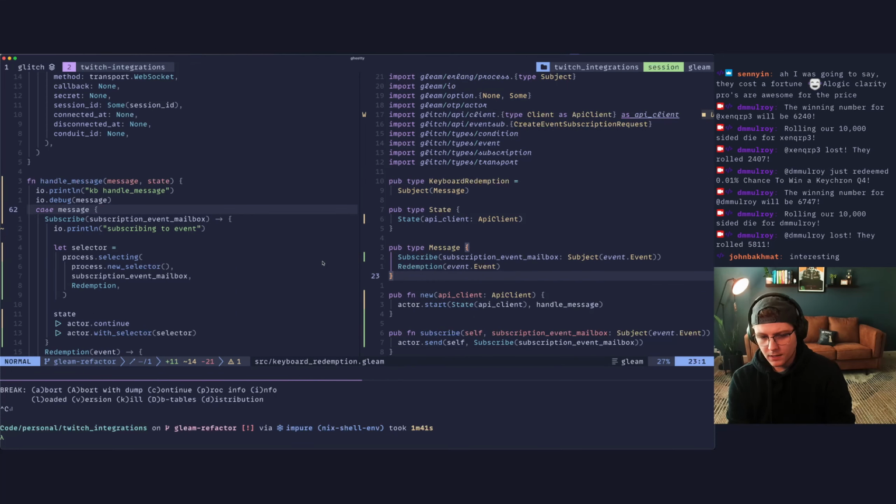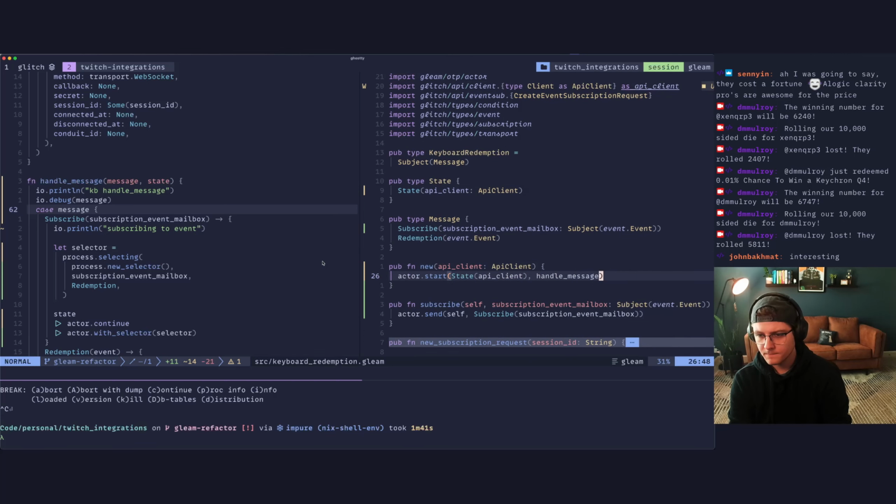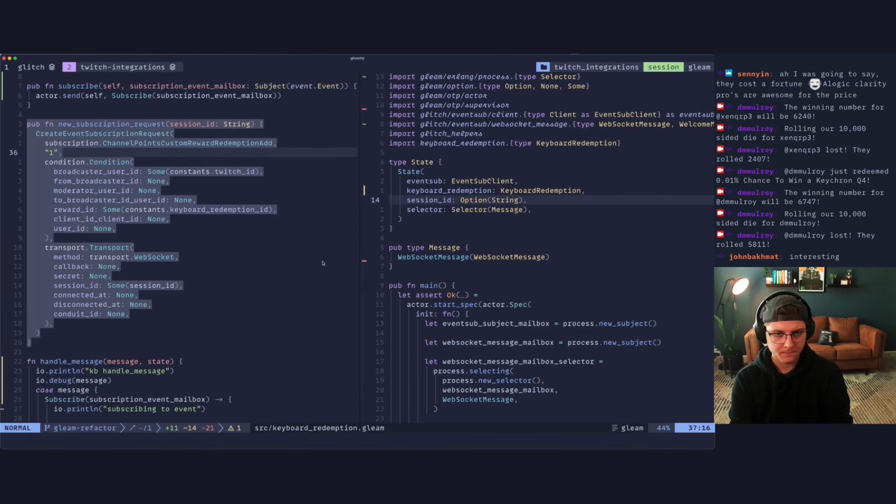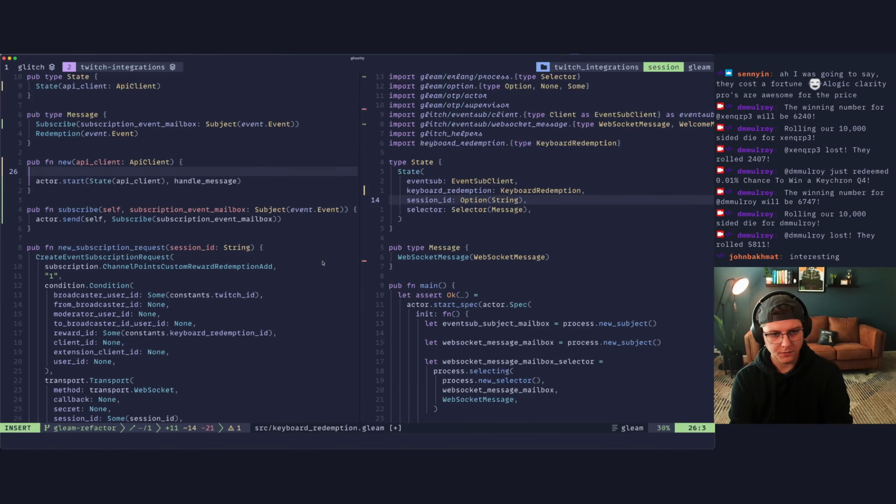What do we want to use as reference here? Let's rotate, close that. Up here at new, this is going to be actor.startSpec instead. We'll do actor.spec.